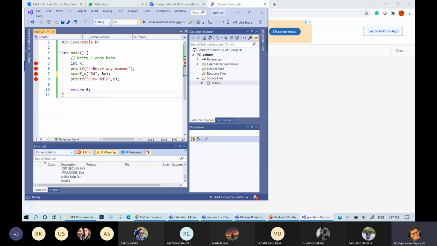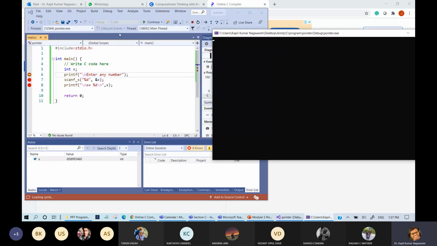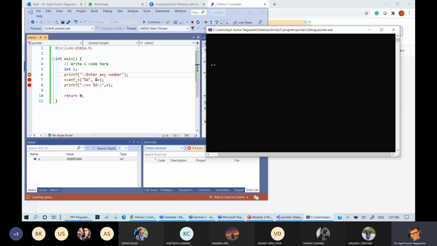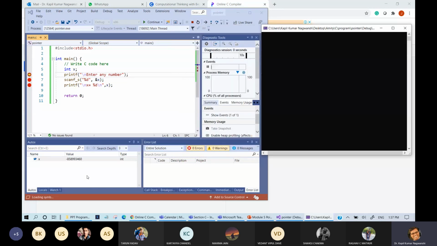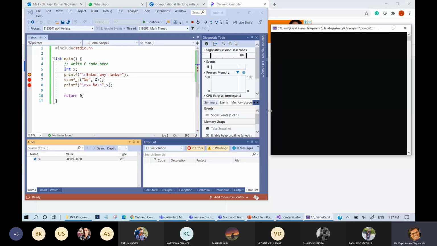So scanf as I am using. Just see the function. What will happen here? This is our output, the initial output: enter any number. The screen is continuous, nothing is there, but you can see the bottom screen. In the bottom screen, there is a variable called x. Here x is showing some garbage value. It depends on whatever memory it is using. Because I used a breakpoint, the program will run in steps, so I need to press continue.